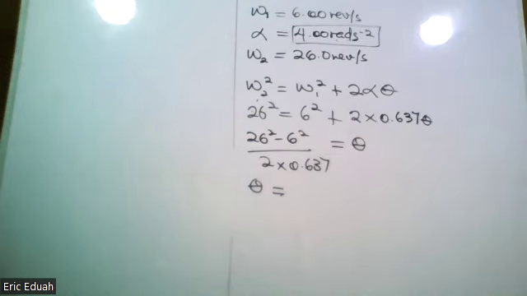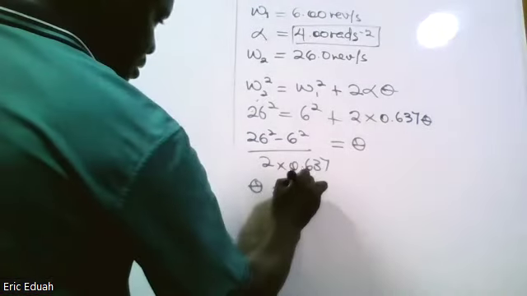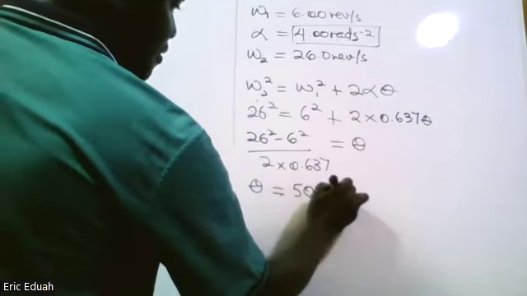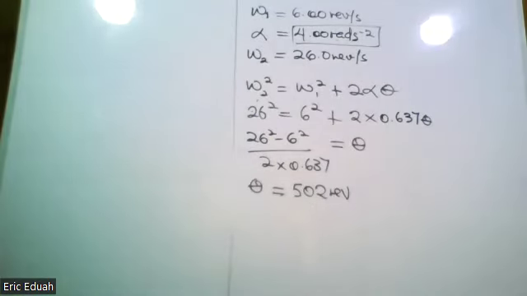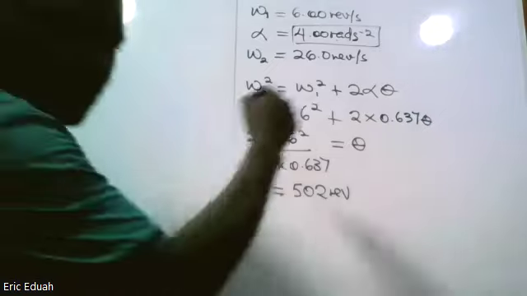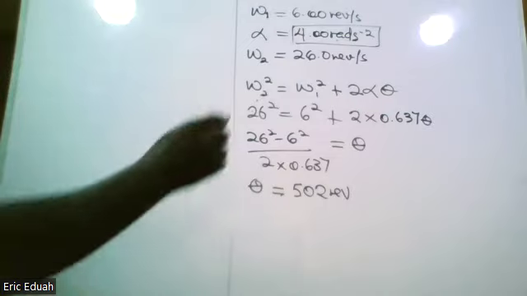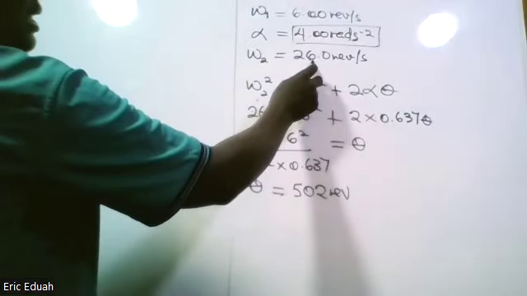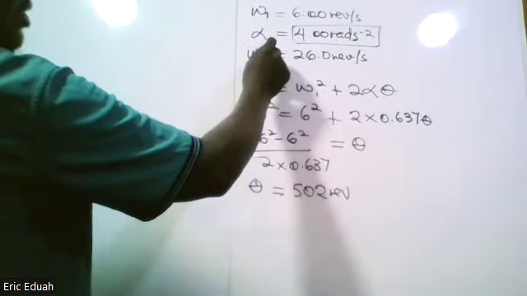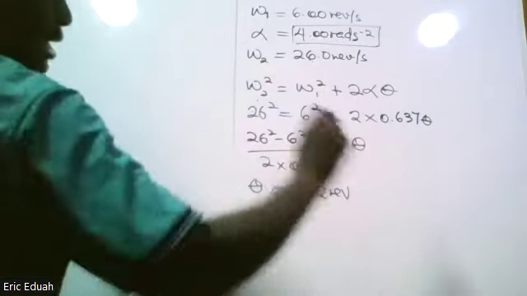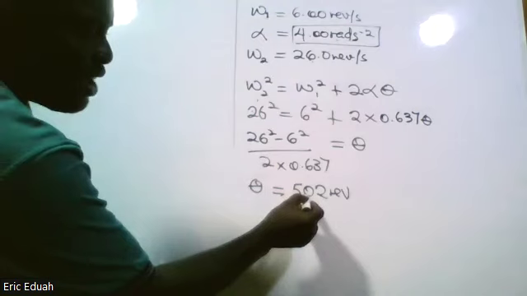Is it the same answer there? It's 502. This is the number of turns, meaning for the angular velocity to change from 6 to 26 at a uniform angular acceleration of this, the number of turns will be 502